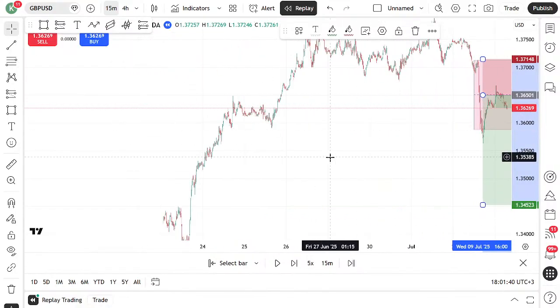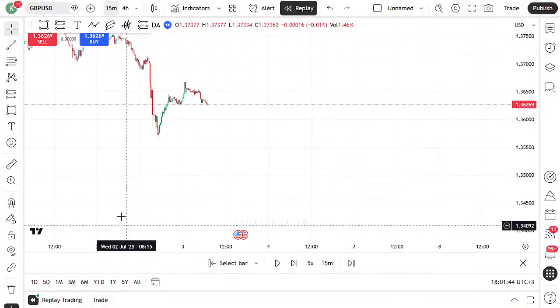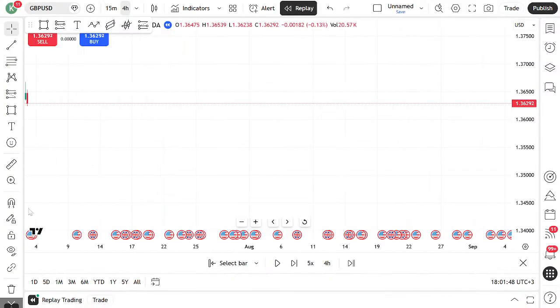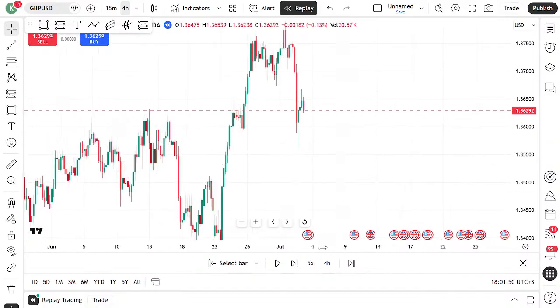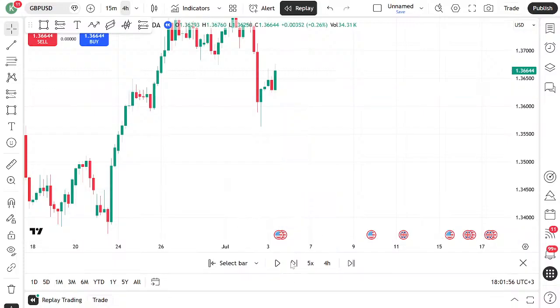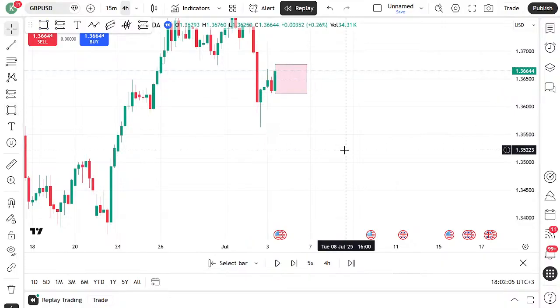Remove the two drawings here. Go back to the 4H candle. Okay, so here Thursday 4 a.m. Then we have the 8 a.m. candle. So what do you do? You mark the high and the low,